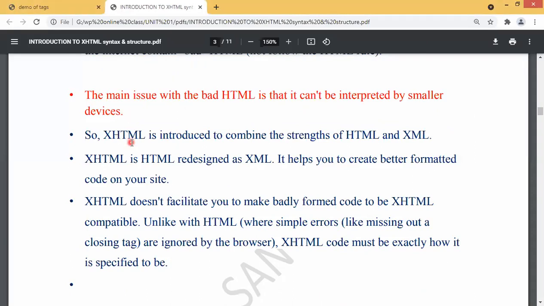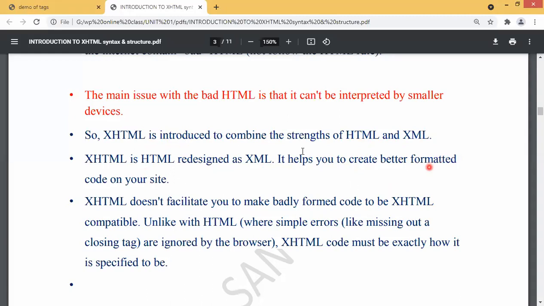Even XHTML code can be executed on mobiles also, right? XHTML is introduced to combine the strengths of HTML and XML. It is redesigned, and it helps you to create better formatted code on your site.